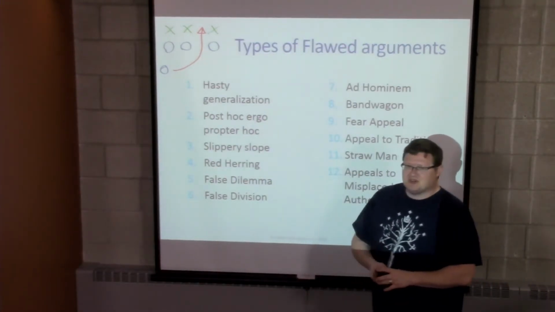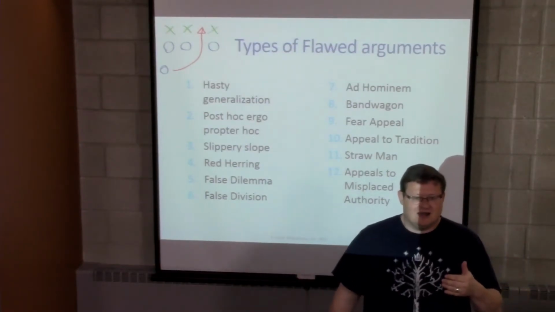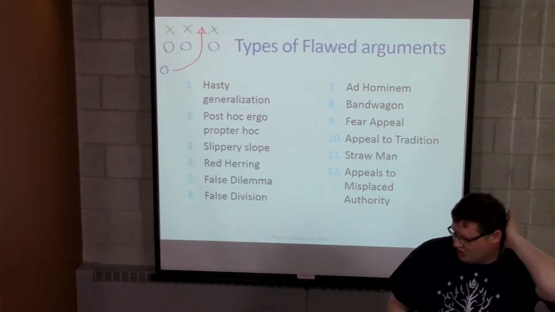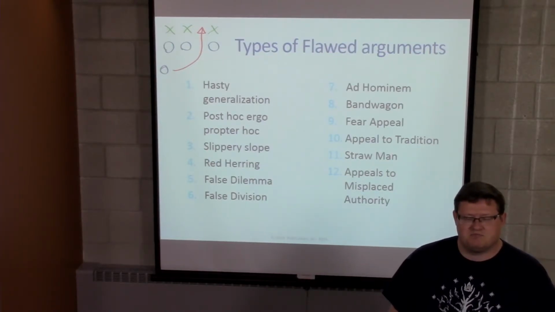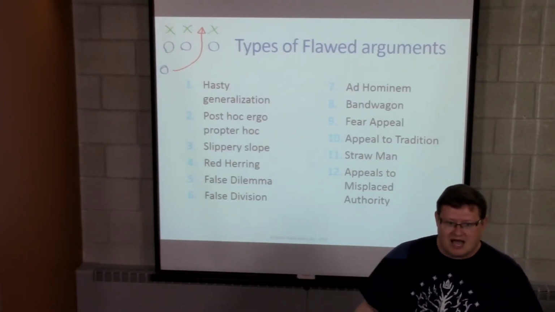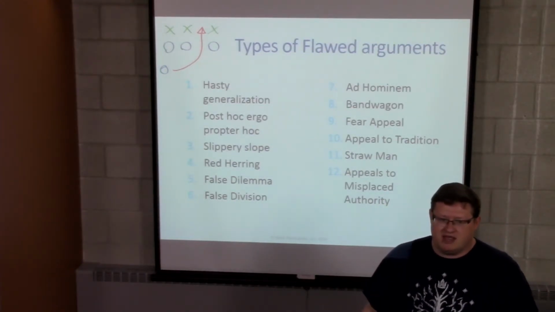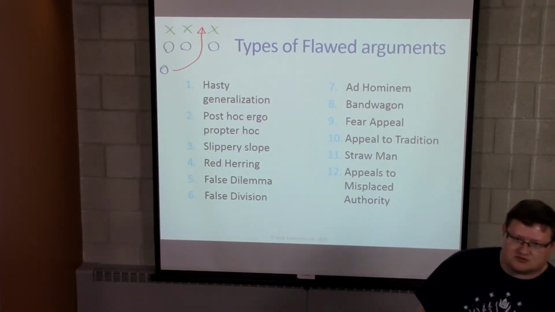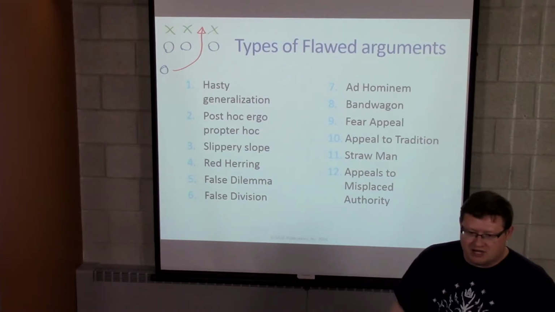The slippery slope is an argument that is often used, and that's often used in a lot of policy arguments. The big one in the public today is a lot of the idea of gay marriage. Well, if you allow gay people to marry, then other people are going to start wanting to marry animals, and we're going to want to marry more people, and we're going to have polygamy.